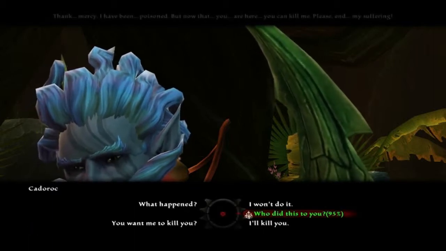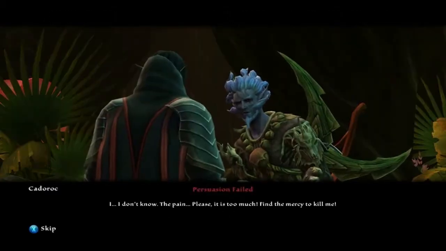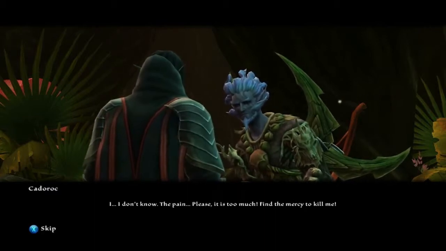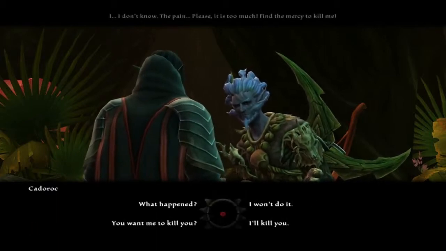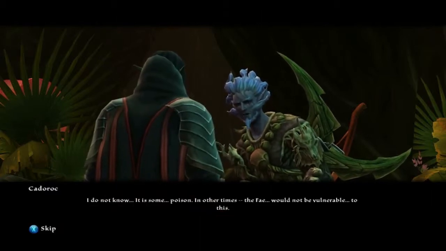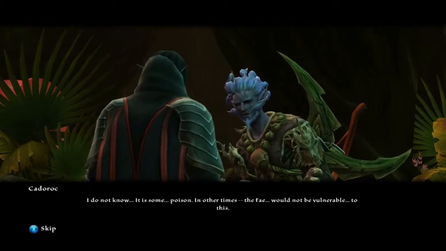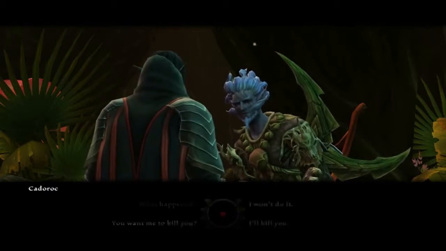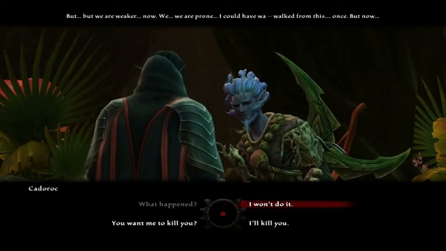I have magic. Can I heal you? Who did this to you? I don't know. The pain. Please, it is too much. Find the mercy to kill me. I do not know. It is some poison. In other times, the Fae... But we are weaker now. We are prone. I could have walked from this once. But now...